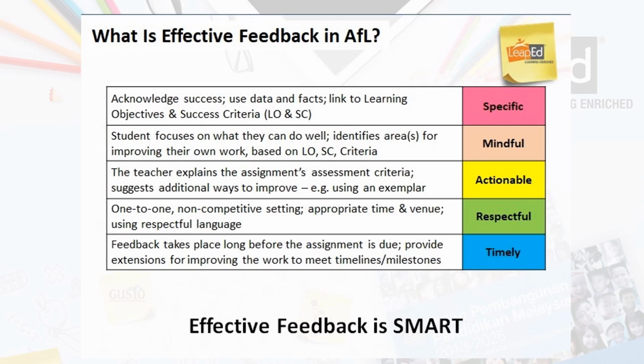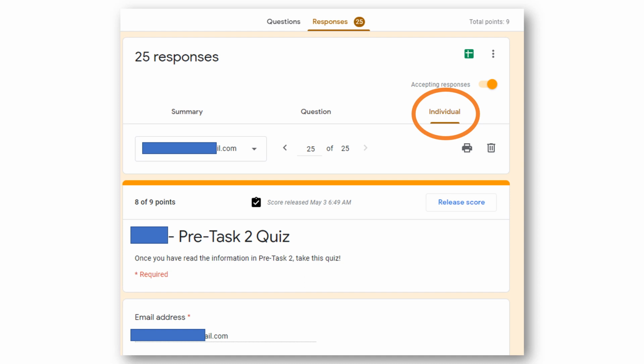Two stars and a wish is a really common one. Now, in my case, I have this criteria for success when I'm giving feedback. When I give feedback, I want it to be specific, mindful, actionable, respectful, and timely. And I use this criteria of success whenever I'm doing my feedback. Now, you can see from my responses, I've had 25 responses to my quiz,